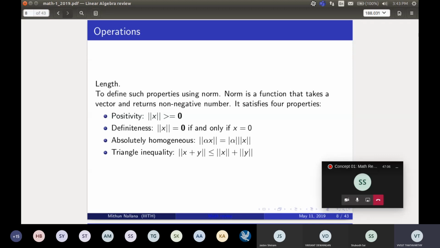What are the properties of a function called norm, which operates on a vector? If you assume the norm as a function, you take the vector as the input and you get some non-negative number as the output. Now we are trying to see what kind of properties apply to this non-negative number that we got as the output. So when you are adding two vectors and then taking the norm, this triangle inequality says that norm of x plus norm of y will always be greater than or equal to the norm of x plus y.